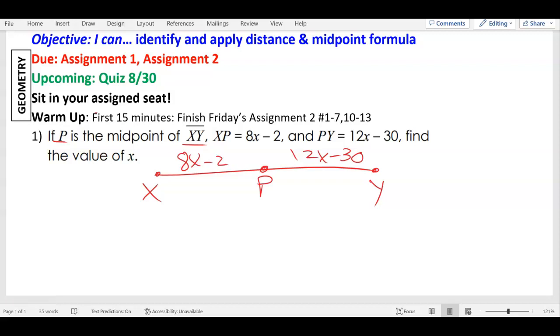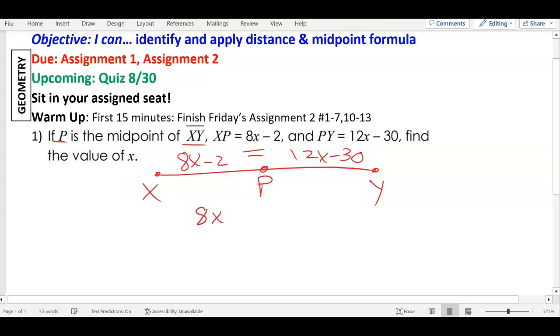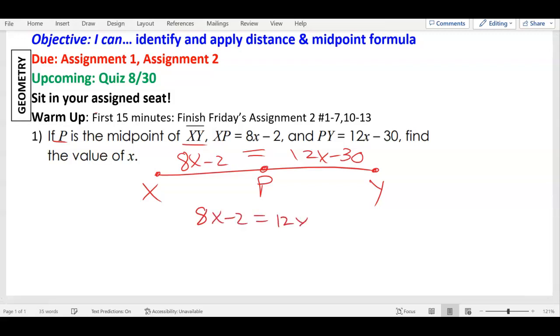Like we were saying, if there's no picture, you should draw the picture like we did, label the picture like we did, and then we know, since it's a midpoint, we're going to set these values equal to each other. So let's write that out. 8x minus 2 equals 12x minus 30. Only when you see midpoint, right? Now,